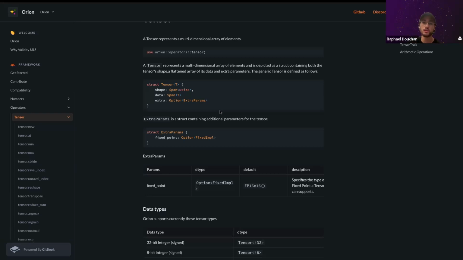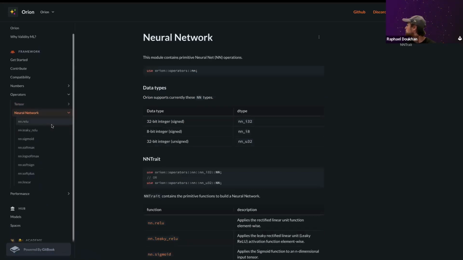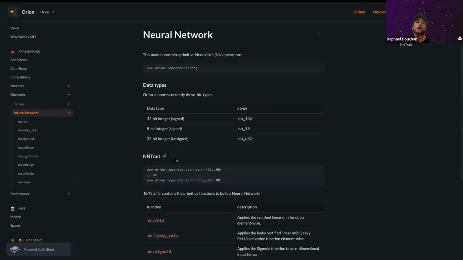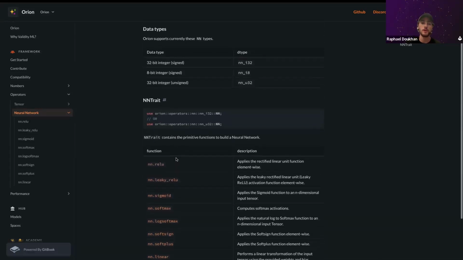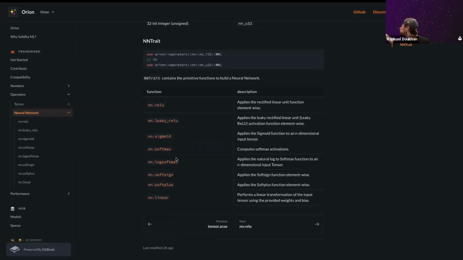So this is the tensor library, and then we have the neural network trait, which has all the functions to create your neural network. Again, we launched only two months ago, so we have only these functions implemented.